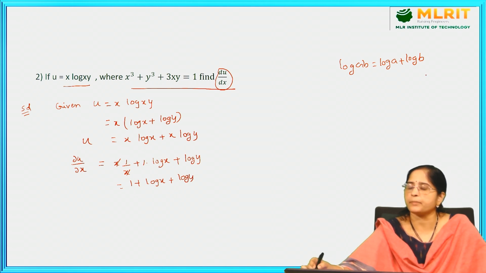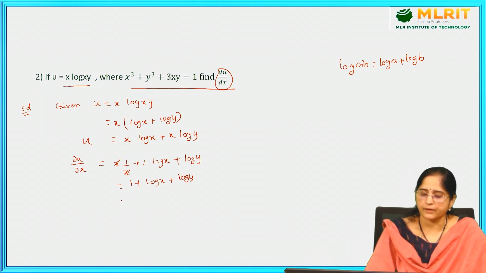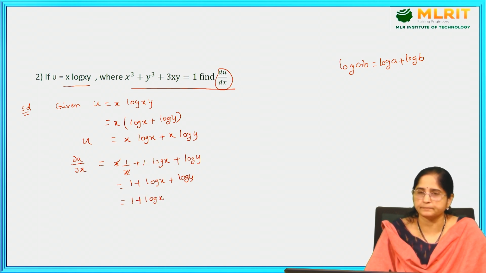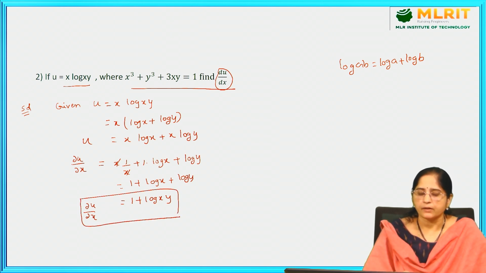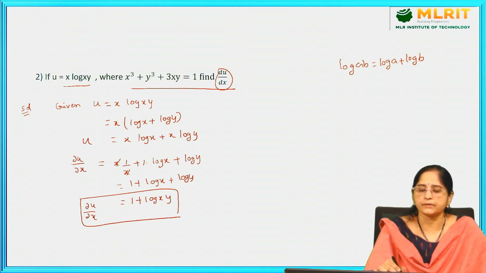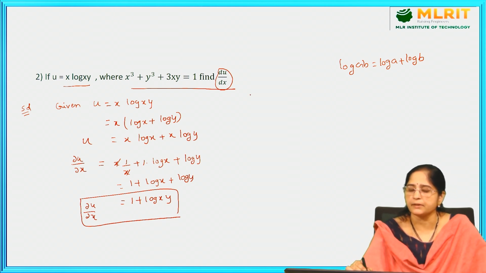Again we have to apply the same formula. Log a plus log b can be written as log ab. So this is equal to 1 plus log xy. Dou u by dou x equals 1 plus log xy. And next we can find out dy by dx, using this relation,